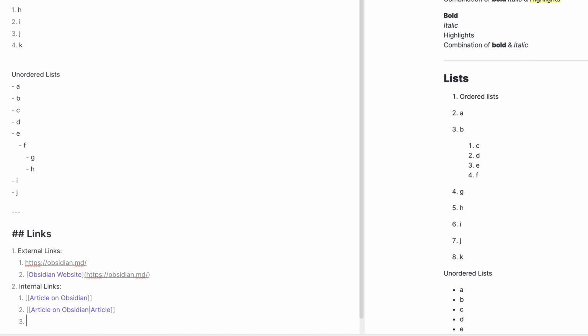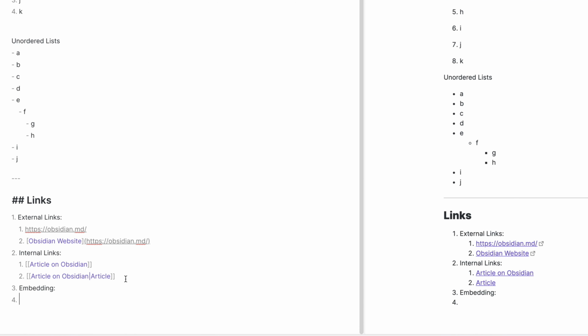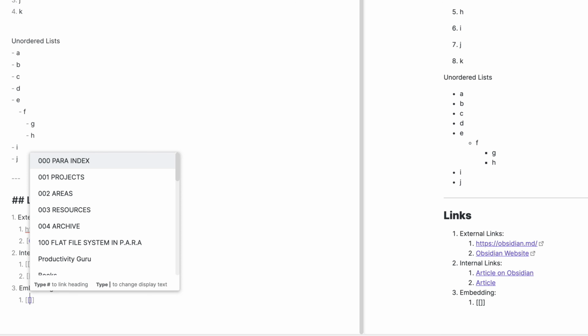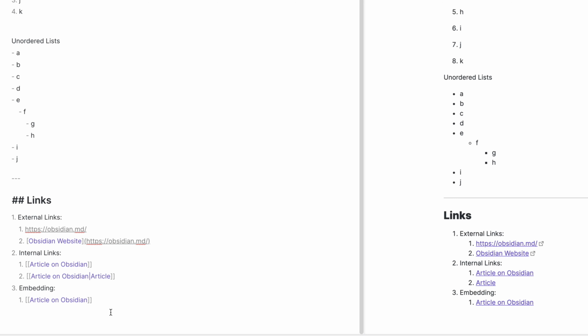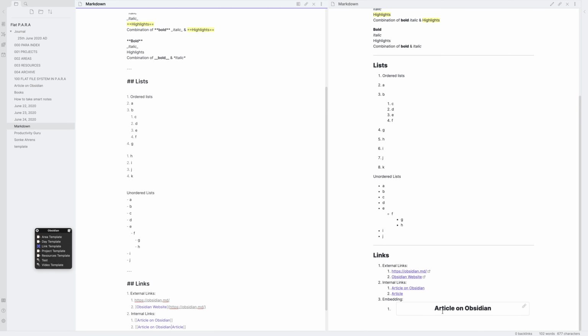Next, we'll come to embedding. Again, if I want to come back to the root level indentation, I just do shift tab together and it'll get me back. So the third option that we have is called embedding. Now how do you embed an internal article? Very simple. Press tab again, and let's embed the article on Obsidian. So to do that, as I had shown, this comes in here and then I just add an exclamation mark and it's embedded it inside.